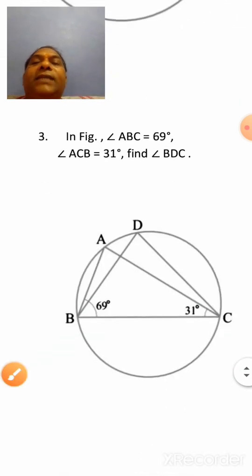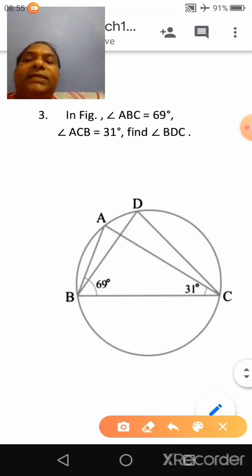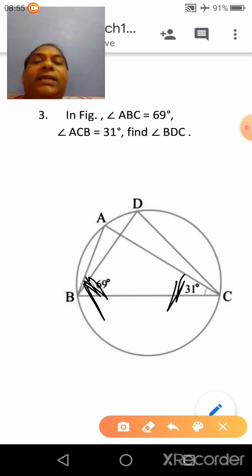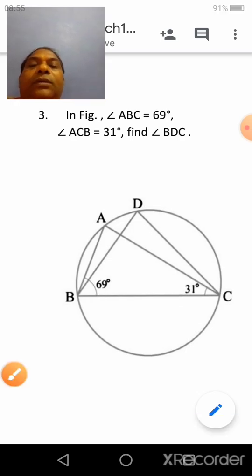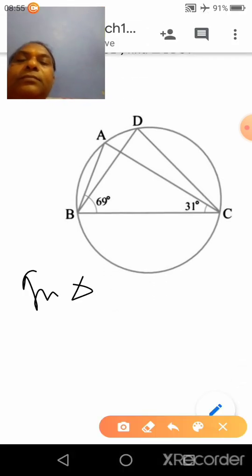Now see next example. In this figure, angle ABC is 69. This angle is 69, and angle ACB means this angle is 31 given. We have to find angle BDC. This angle we have to find. Clear? So in triangle BAC,